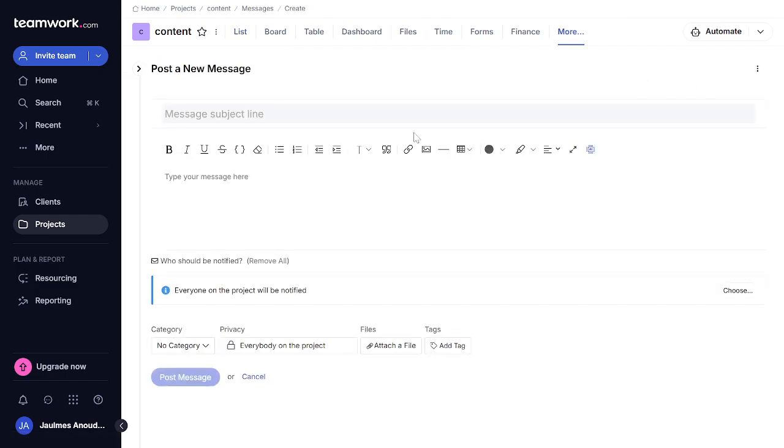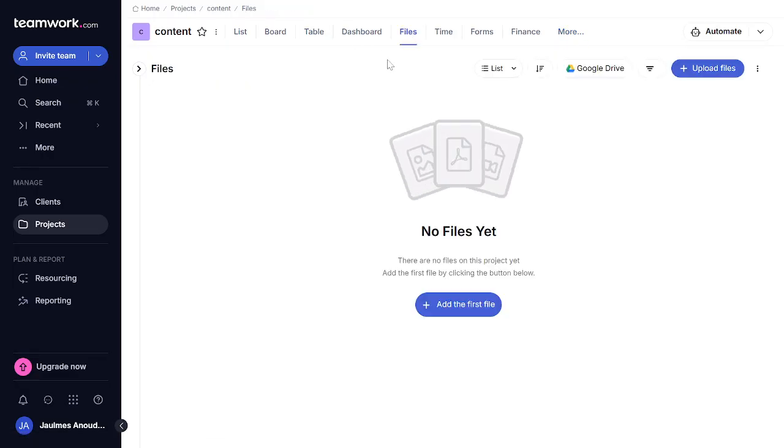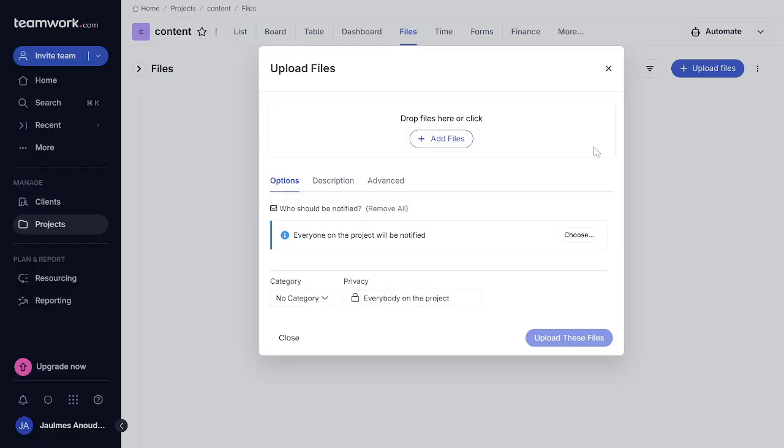Now let's talk about file management. Click on Files in your project menu, then Upload Files. You can store all your content assets here, like images, documents, and videos. The reason we do this is to have a centralized space for all your digital assets, making them easily accessible